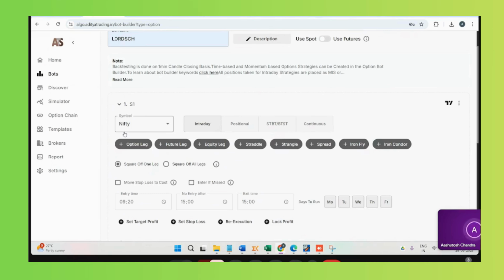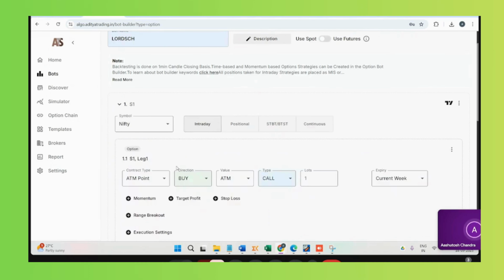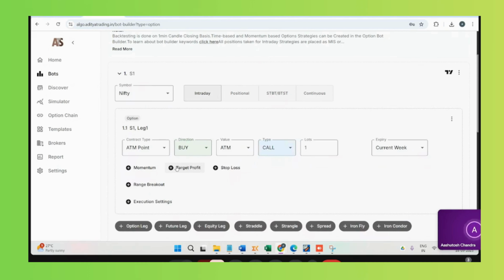You can click on option to create an option strategy. The intraday, positional, STBT, and continuous basis strategies can be created over here. Somebody wants to carry forward their option strategies, right? So that is also possible using the continuous or positional options. Or let's say that if they would like to enter today and exit tomorrow, then BTST or STBT is there,